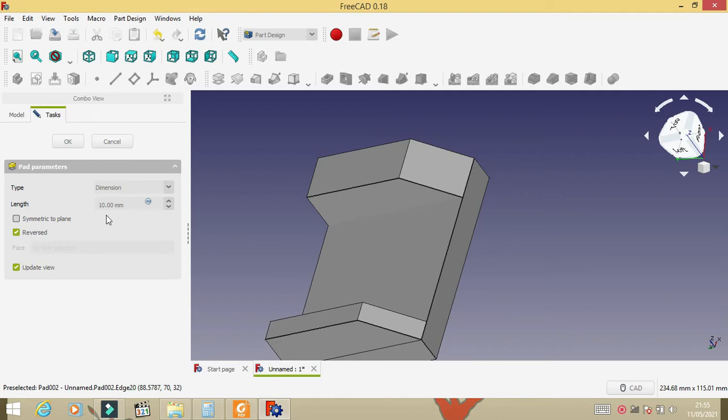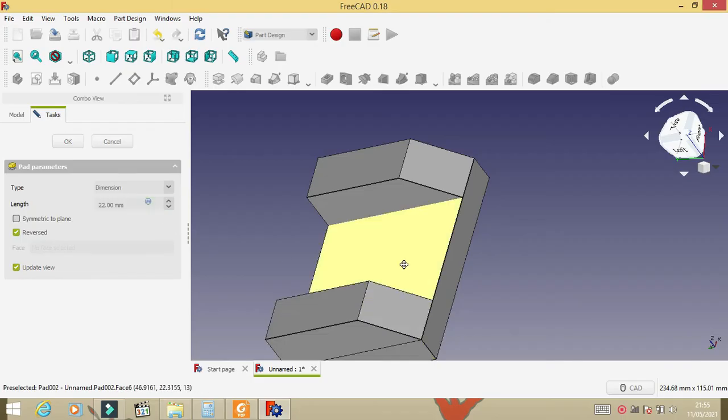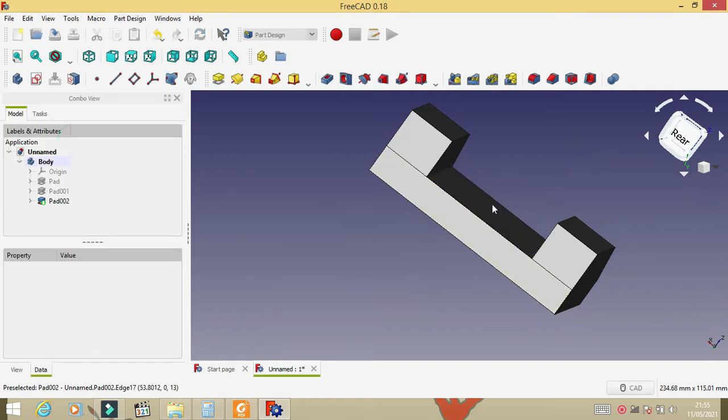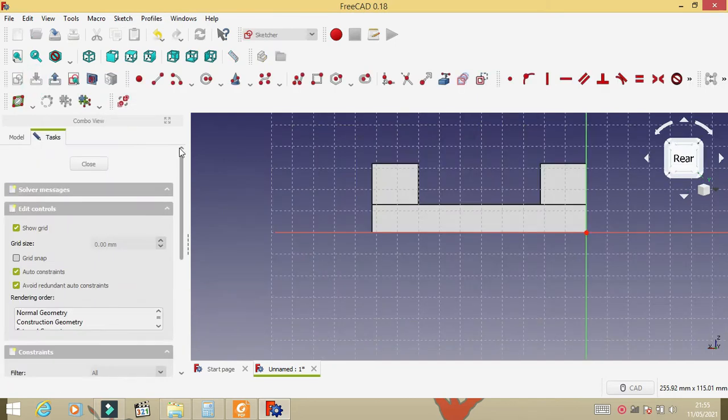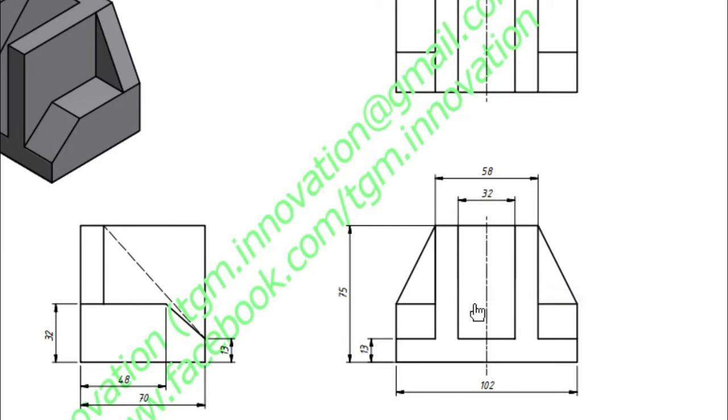Input the dimension 22, click sketch to make the rectangle. 58 and 32.